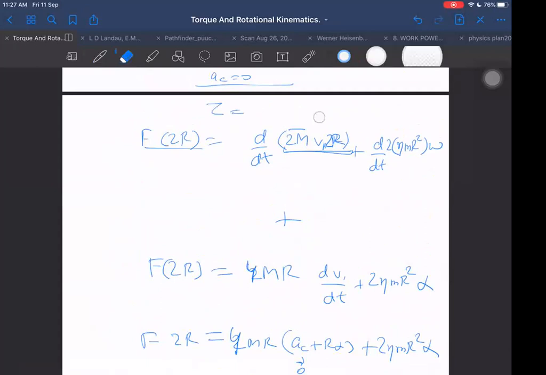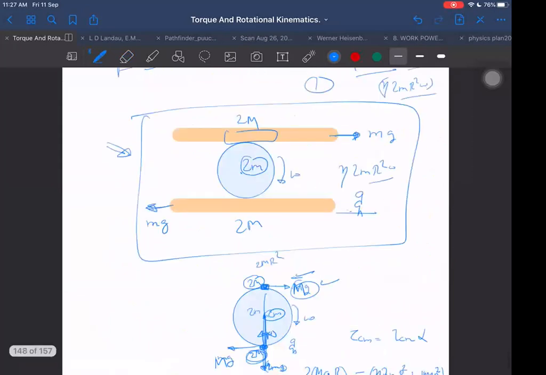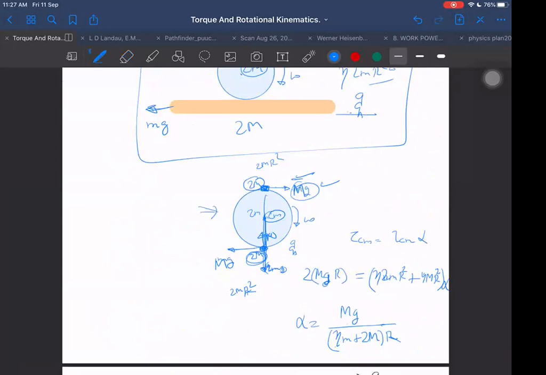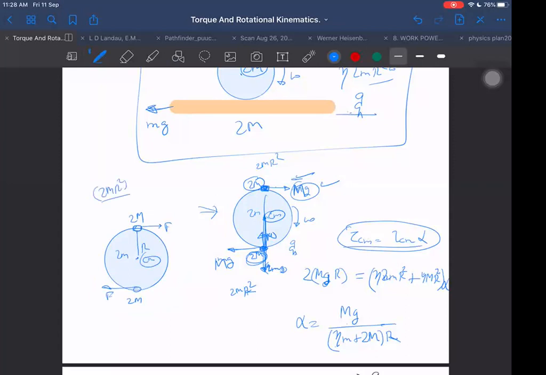For the down system, which mass system? In this, I'm not using that equation. I'm directly assuming there was a single cylinder, and with the cylinder there are 2 point masses attached here, and those 2 point masses are 2m each, and this cylinder is of mass 2m, and its radius is r, and on this we are applying external force. On this also we are applying external force, and the center is at rest. Then if the point mass is directly attached to it, I can take the moment of inertia of the point mass as 2m into r square also. Then I am just using the tau CM is equal to ICM into alpha equation here. I'm not writing dL by dt. It is much simplified.